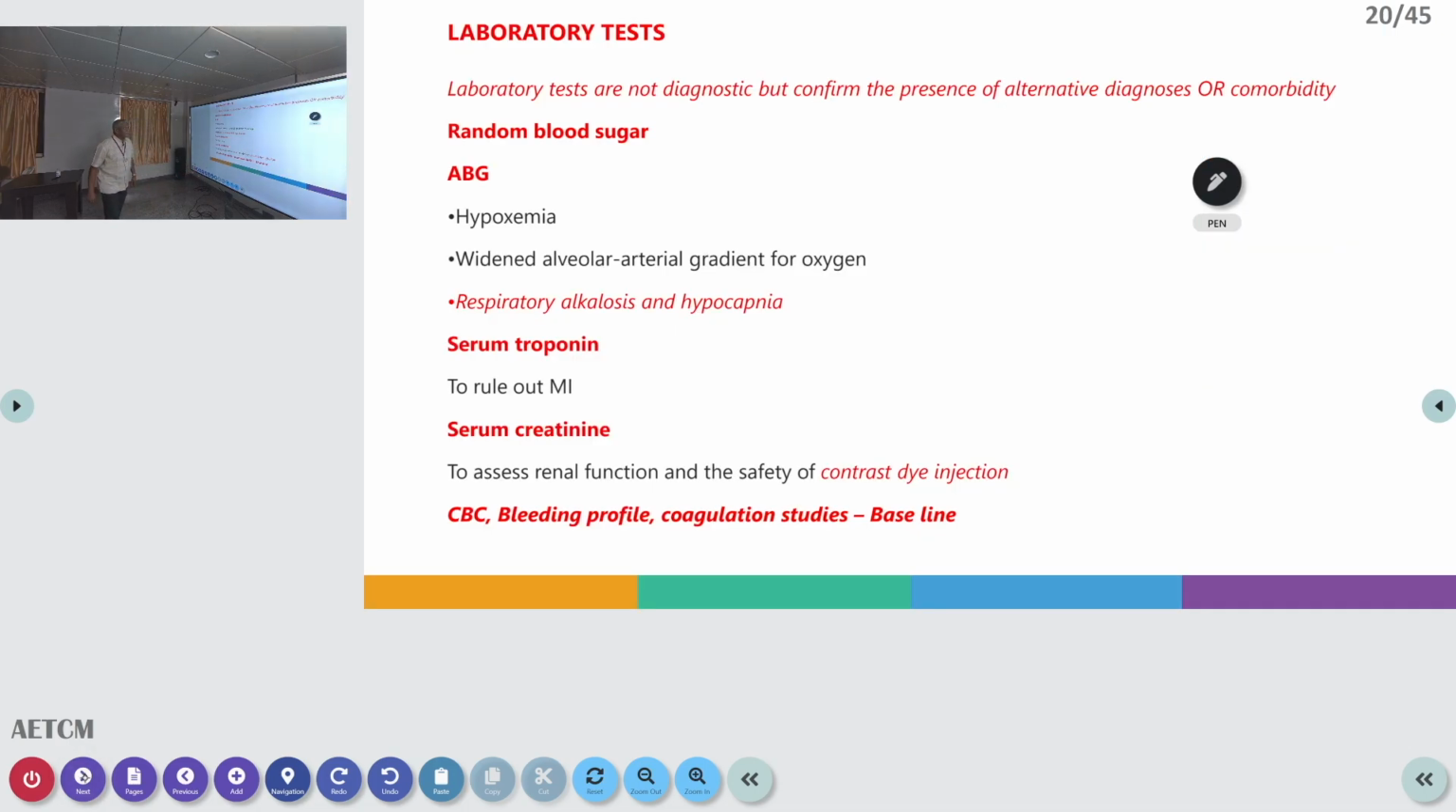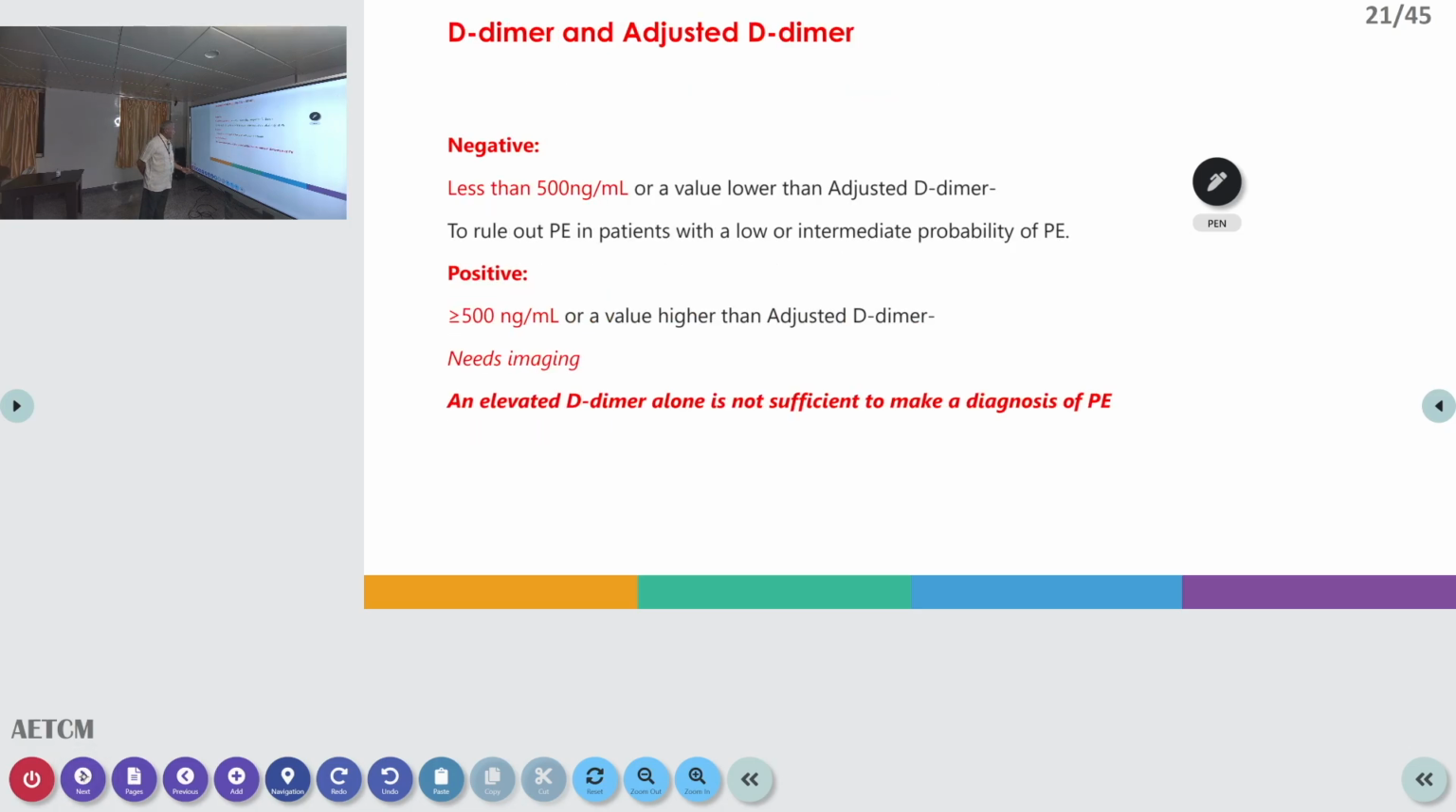The laboratory tests are not diagnostic but confirm the presence of an alternative diagnosis or comorbidity. For example, these are all routine things. Random blood sugar, ABG, serum troponin to rule out myocardial infarction, serum creatinine for renal function assessment. It will be useful when we are going for a contrast dye injection. And CBC, bleeding profile, coagulation studies baseline are most important, because in the management strategies we will be incorporating anticoagulants and